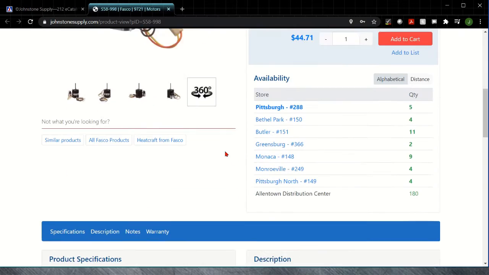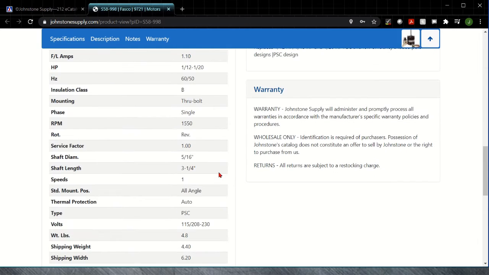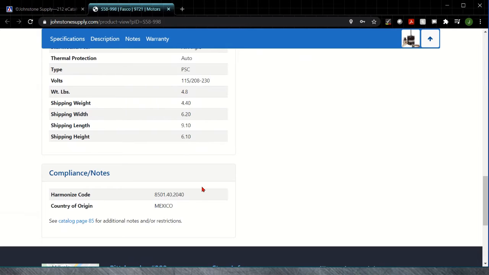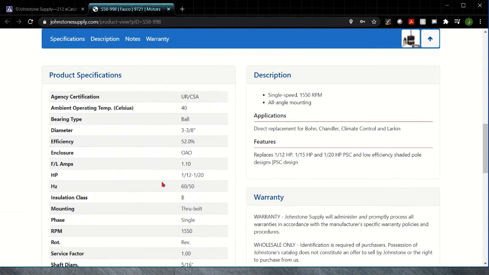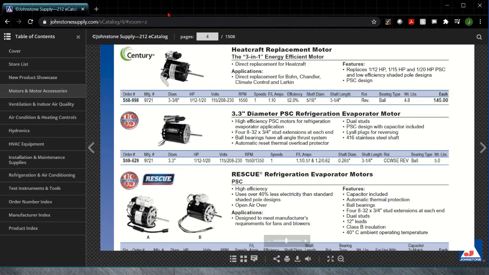And then farther down on the page, you'll be able to see the same information from the catalog once again, but maybe organized a little nicer. And you'll also see a lot of these products will have related documents or warranty information. But anyway, if you just click out of that page, you'll be back right where you left off with the